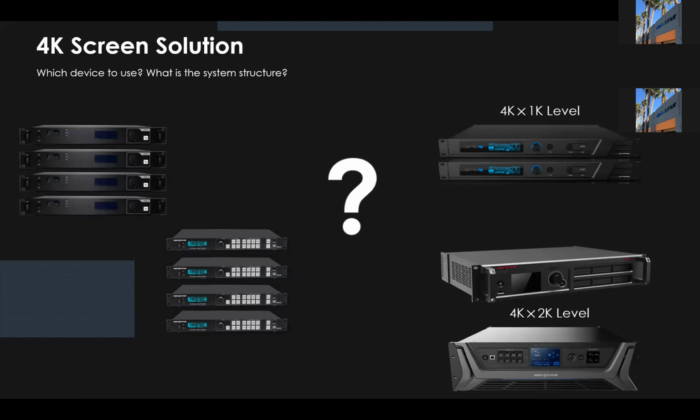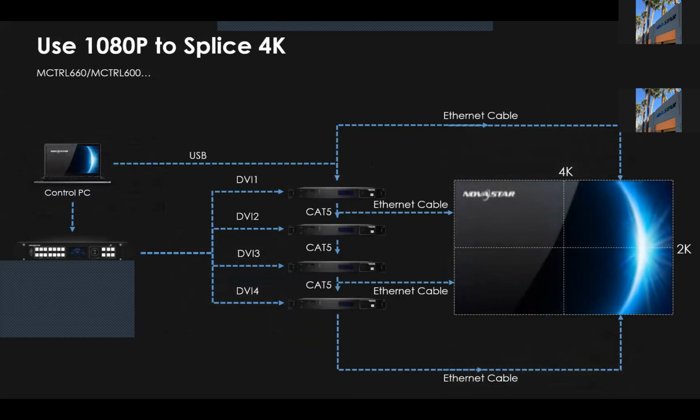But how can we make this solution? Let's say the first thing, if we use 4 pieces of MControl660, we need to divide the screen into 4 parts, and each part we use one piece of MControl660 to load, which solution is Full HD level. We need to use the Ethernet cable to cascade the 4 pieces of MControl660 in order to control them together. Regarding the video source, we need a 4K video supply cell which supports 4 synchronous video outputs to each MControl660.